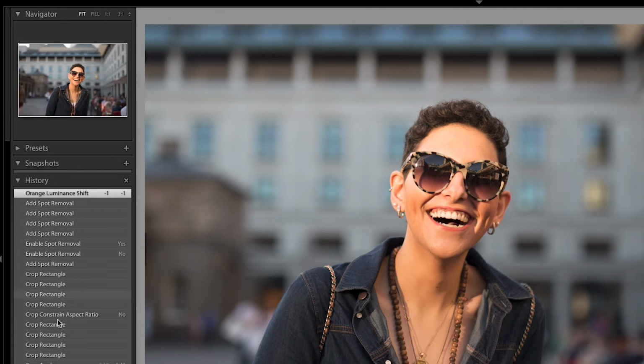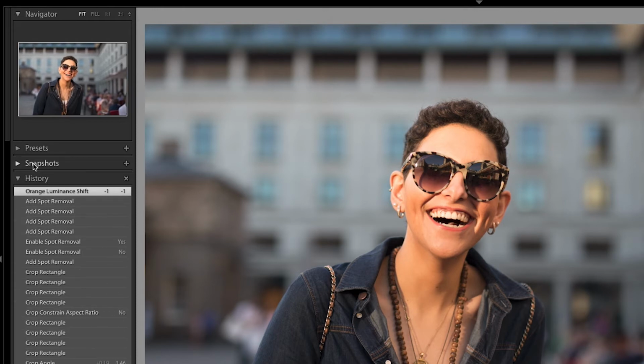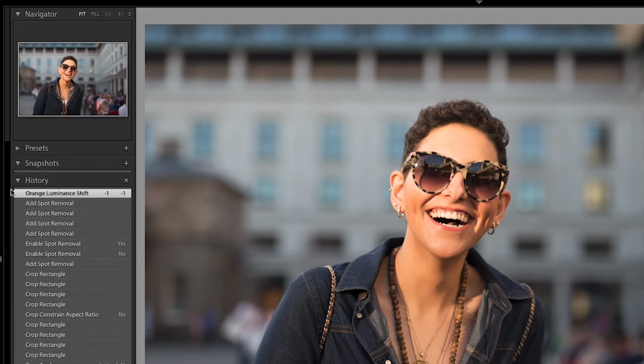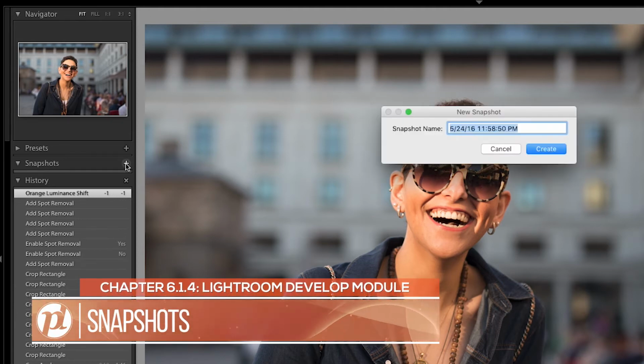Unfortunately, this is kind of a single level tree, which I cannot expand to multiple subtrees. But what I can do is create a snapshot. And this is something really cool because right now there's nothing in here because I never created the snapshot. But let's just say I'm going to start right here on this image, and then I'm going to create a snapshot. Now, snapshot is going to take what I've got here.